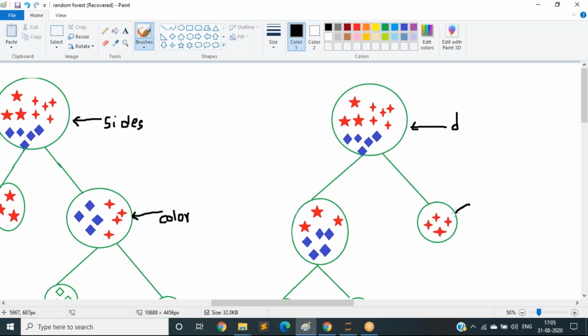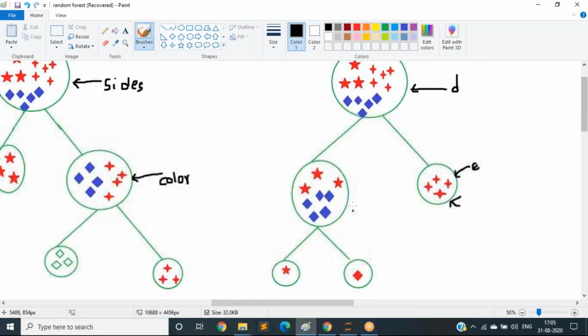As here the entropy is very near to 0, it can stop splitting your data here. You can get accurate results, but it has more entropy here. More entropy and less information gain, so it is again splitting your data based on another decision.